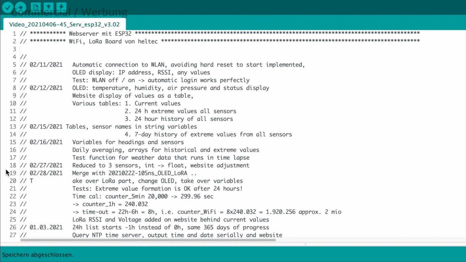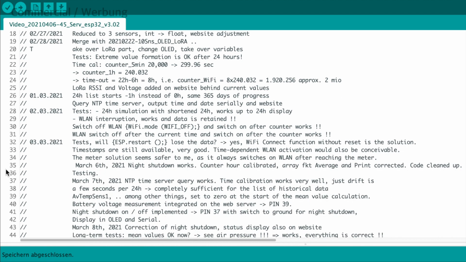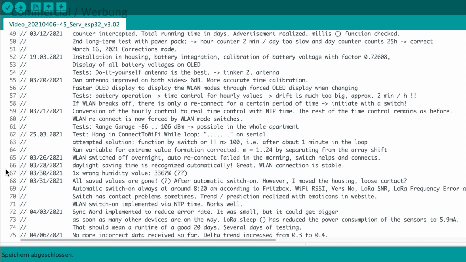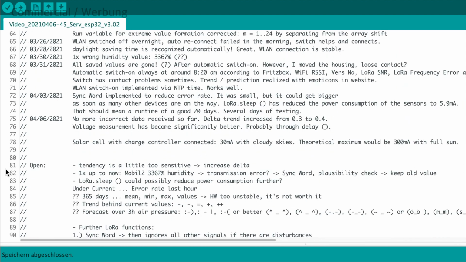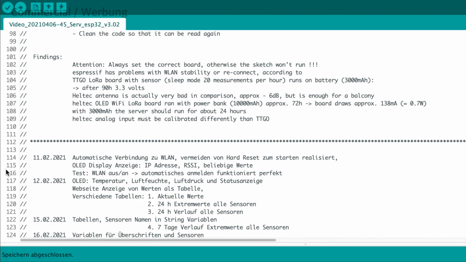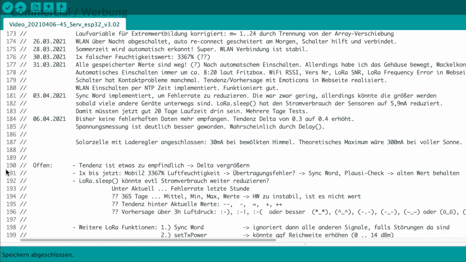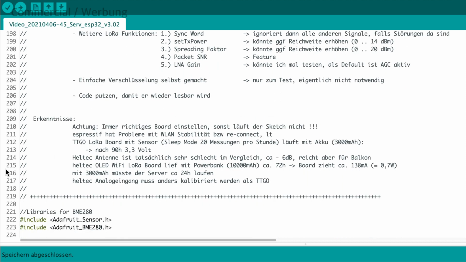Let's start with the actual code now. In the top section you find a lot of information and thoughts that I had during the software development, which I want to share with you. Don't worry, it is just my notes about progress, errors, corrections and some insights. Of course, you can skip it if you want.